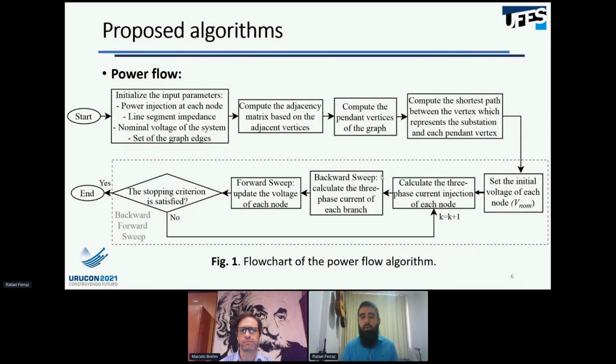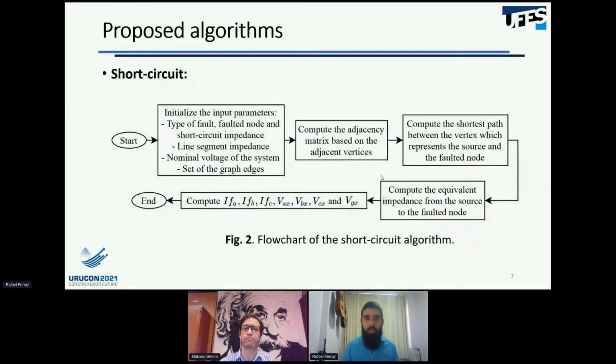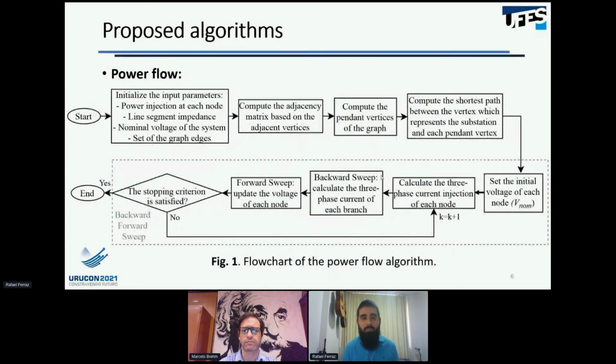Now we have the flowchart of the power flow algorithm, and we have the flowchart of the short-circuit algorithm. The first one, we have the power flow, where we initialize the input parameters. We use the power injection at each node, the line segment impedance, the nominal voltage of the system, and the set of the graph edges. Then we compute the adjacency matrix based on the adjacent vertices, and then we compute the pendant vertex of the graph. And finally, we compute the shortest path between the vertex, which represents the substation, and each pendant vertex. And then